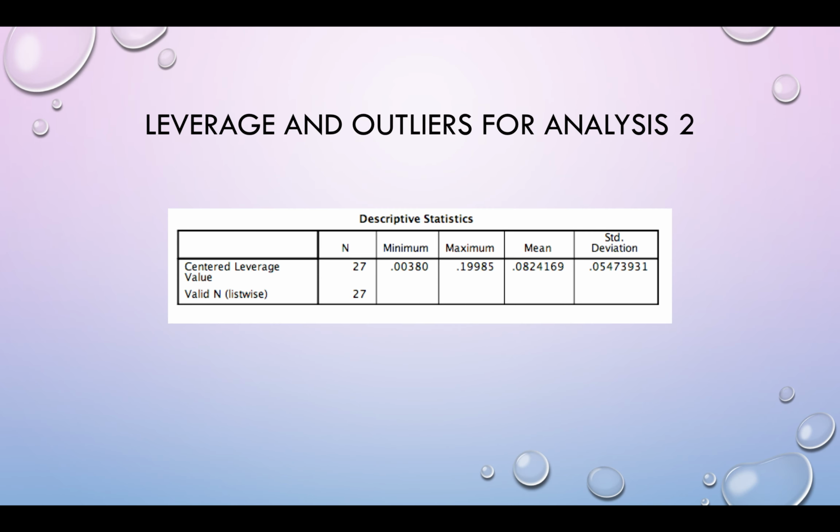Looking at our descriptive statistics table, our mean is now 0.08. I multiply the mean by 2 again, and I got 0.16. Looking at the data set for analysis 2, there are 3 numbers of 0.16. The results are the same as the previous analysis, since we still have 3 outliers. Due to us having a smaller data set, it's not worth it to run another analysis deleting the 3 outliers